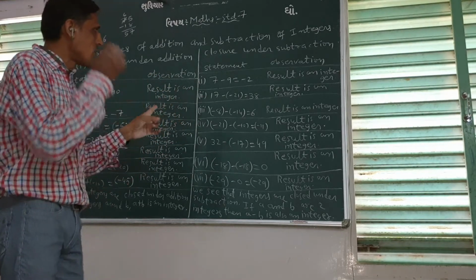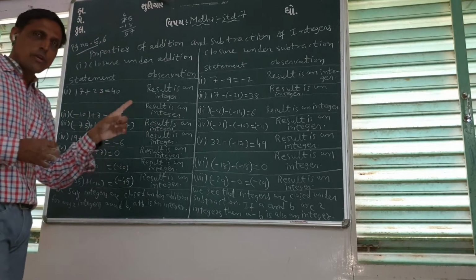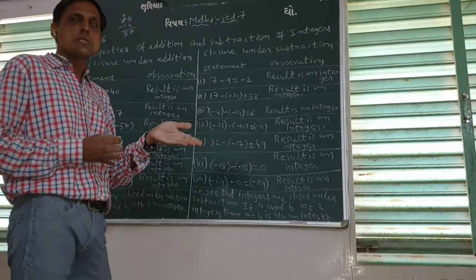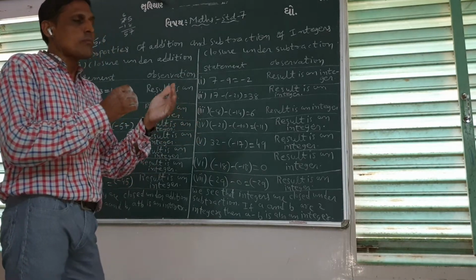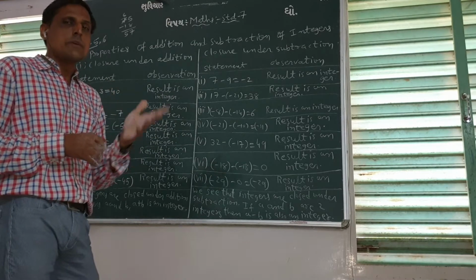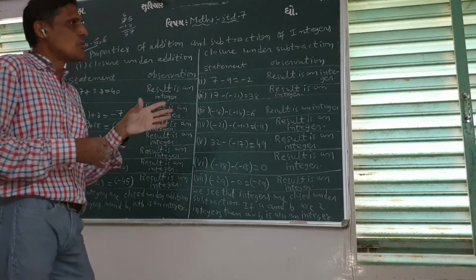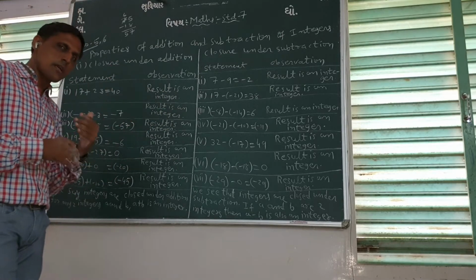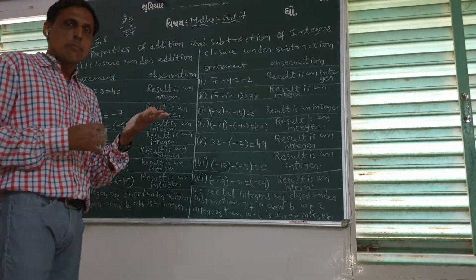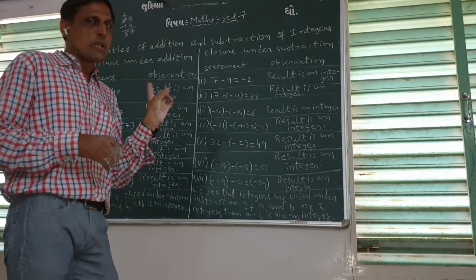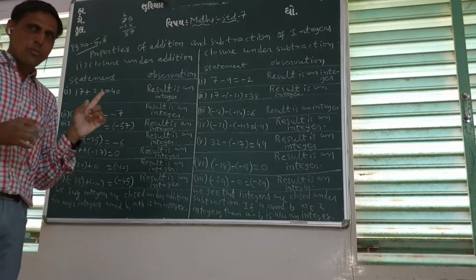Right. Now after this we will do commutative property, right. A plus b is equal to b plus a, right. कोई भी दो नंबर कोई भी ऑर्डर में प्लस करो, 2 plus 3 करो या 3 plus 2 करो, आंसर will be same. That we will do. This you write down in your notebook. ओके, टेक्स्ट बुक में लिखना है तो लिखो, दैट डिपेंड्स ऑन यू. लेकिन नोटबुक में लिखना है.